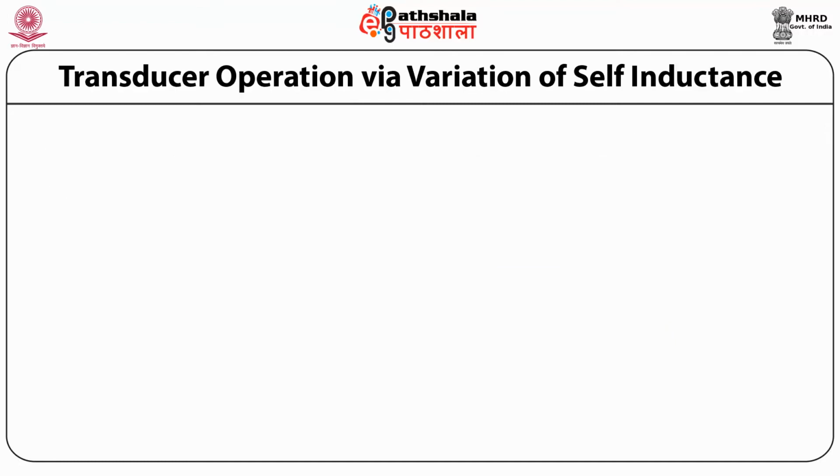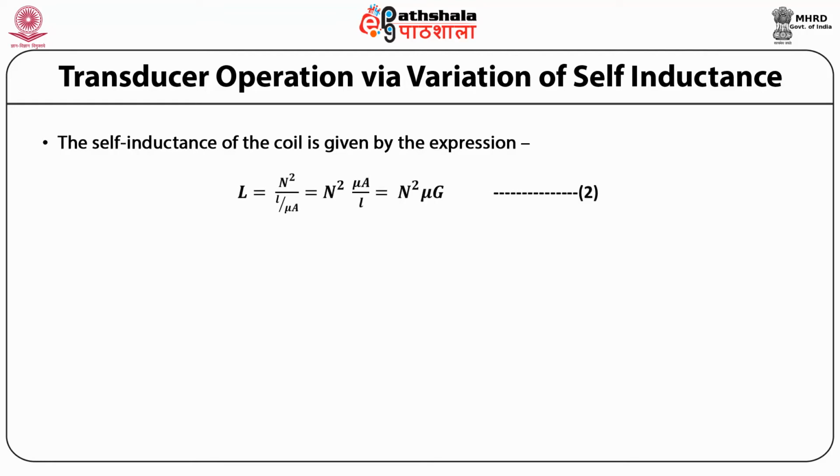Transducer operation via variation of self-inductance. Self-inductance of the coil is given by the expression L = N squared divided by l divided by mu A, which is equal to N squared mu A divided by l, which is equal to N squared mu G. This is equation 2,